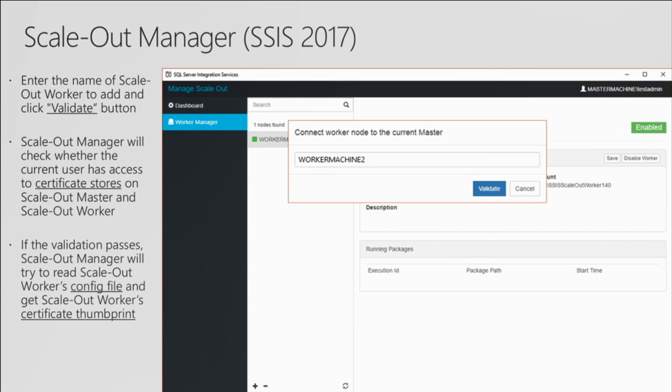So when you click plus, a dialog opens, and you enter the machine name for the worker. Then you click validate. When you do validate, essentially the scale-out manager on the master machine will try to connect to the scale-out worker